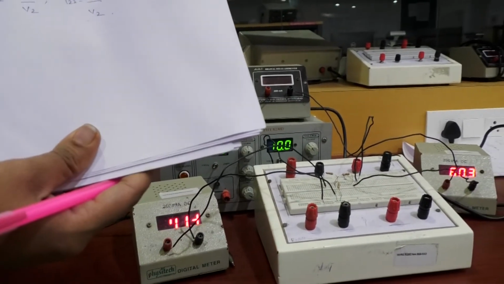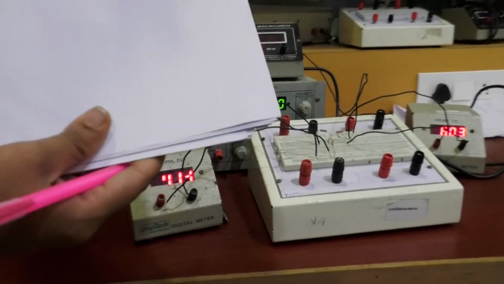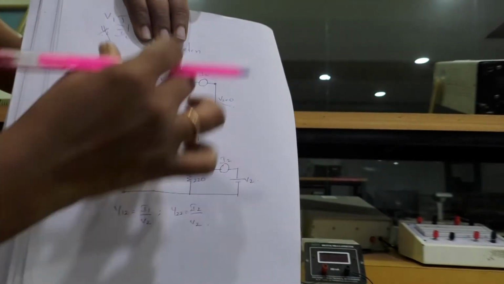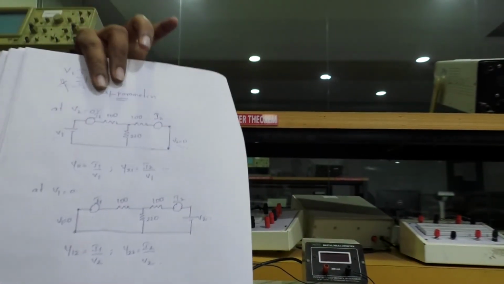In order to calculate Y parameters, in case 1 and case 2 we are just making a short circuit. Here we have made the second port short circuit, and here the first port as short circuit. So indirectly speaking, Y parameters are also called short circuit parameters. Right, and this is all about our Z parameters and Y parameters.